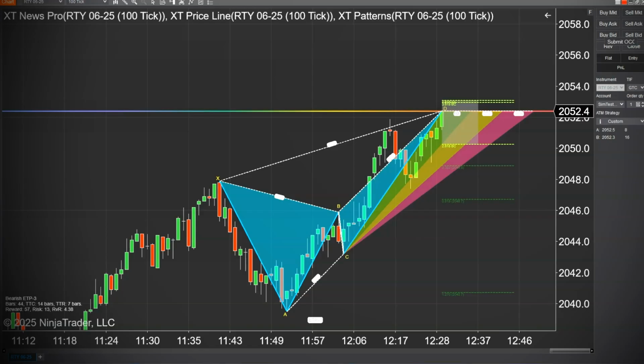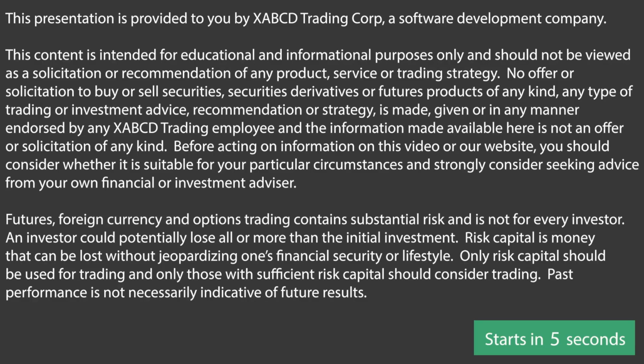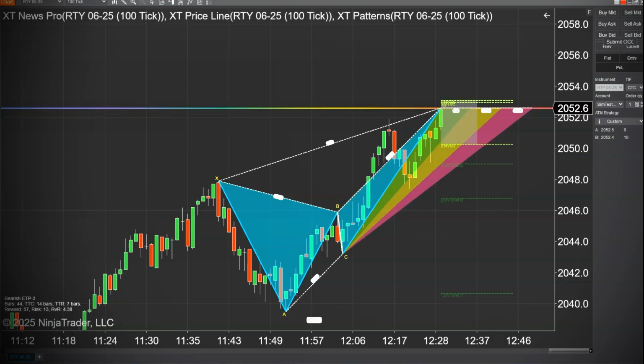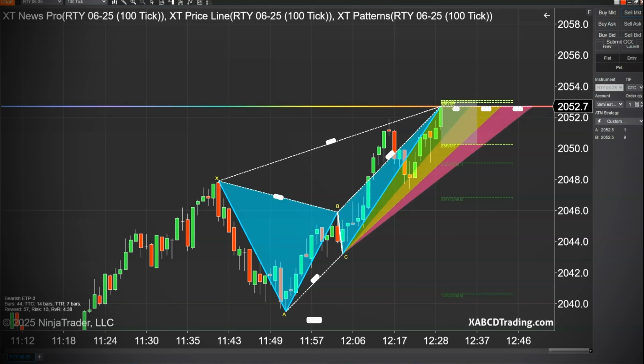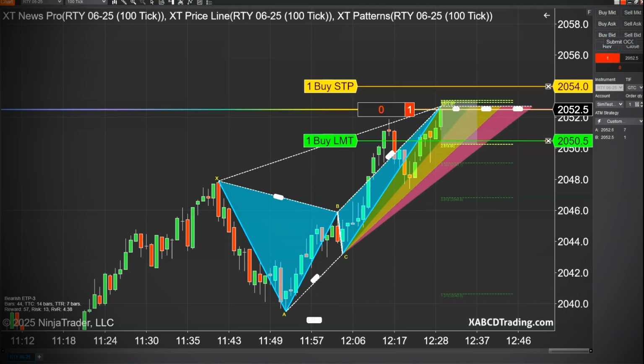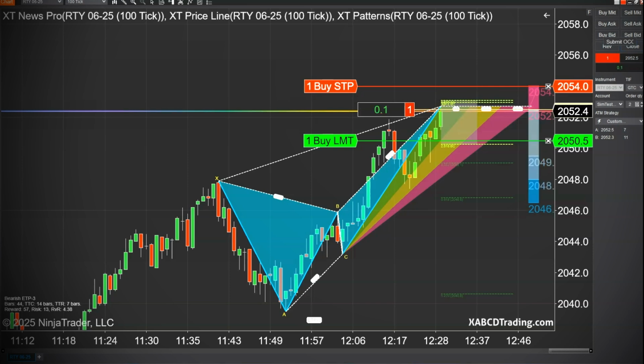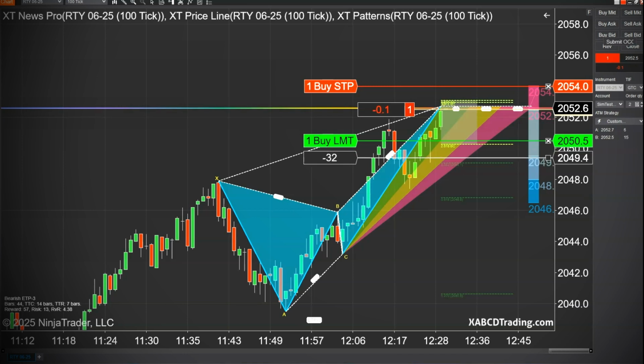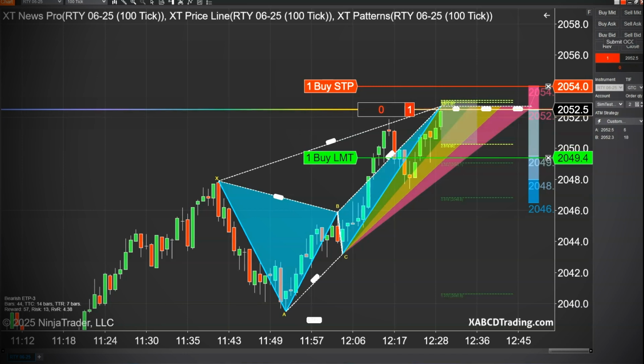Once you have it, I'm going to show you what it does, and we're going to look at it on an RTY trade that we currently have going on. I'm going to fire off this ATM order now, and we're going to set this up so that you can see using our position tool. I'm just going to move that back a bit so I can get a 2-to-1 reward on this trade. So hopefully a reward that's going to be twice as big as my original risk.